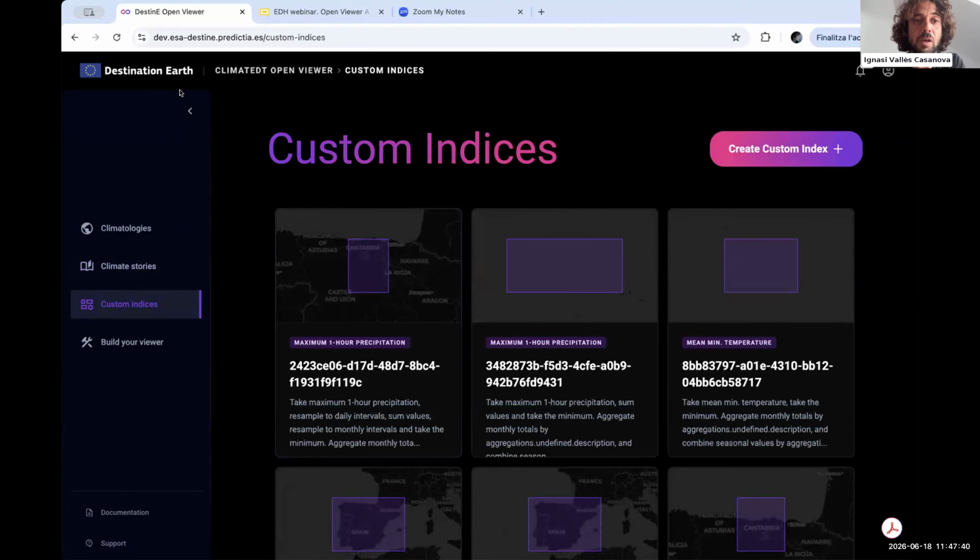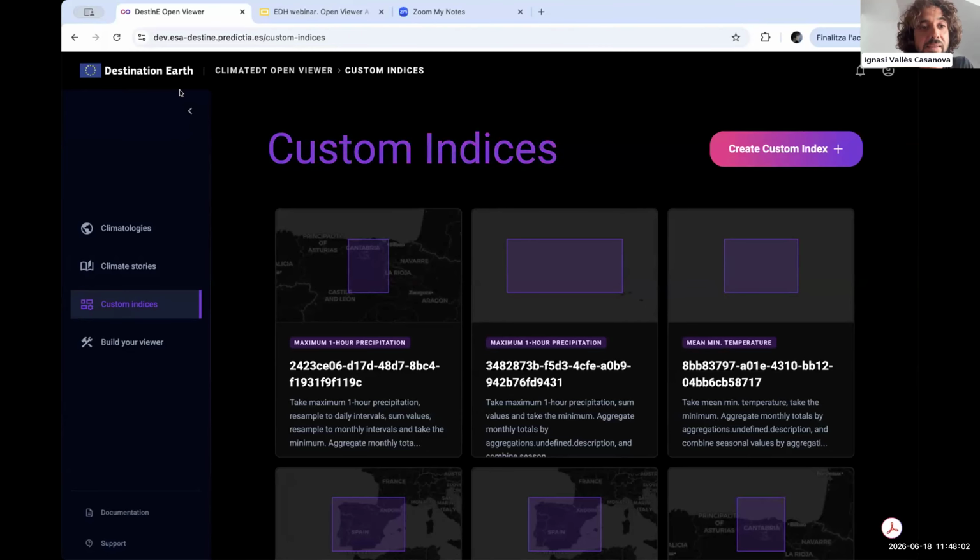For example, some users might want to know how the precipitation accumulates in 6 hours, in 5 hours, in 2 hours, or the number of days that the minimum temperature does not go below 20 degrees, which is typically known as tropical nights.